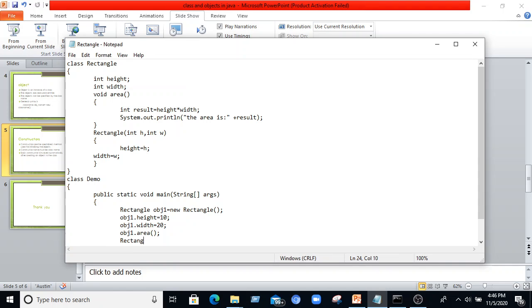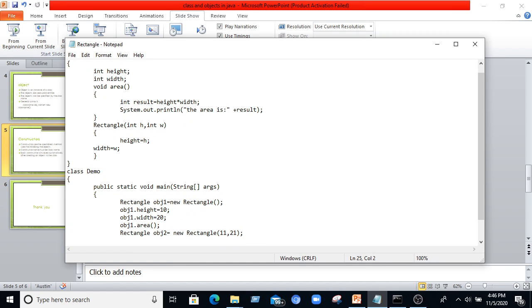Rectangle object 2 equal to new Rectangle of 11, 21. Now we can invoke both the cases. After that, what will be the result? We will see the result, object2 dot area.